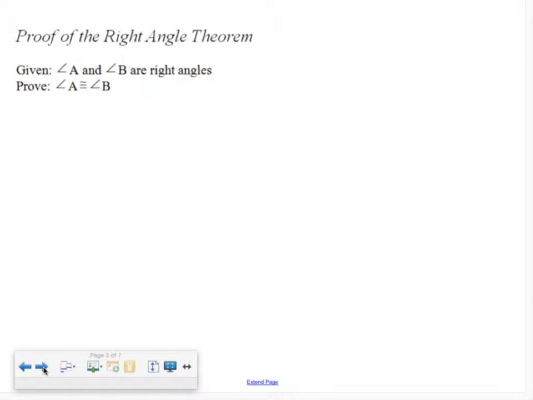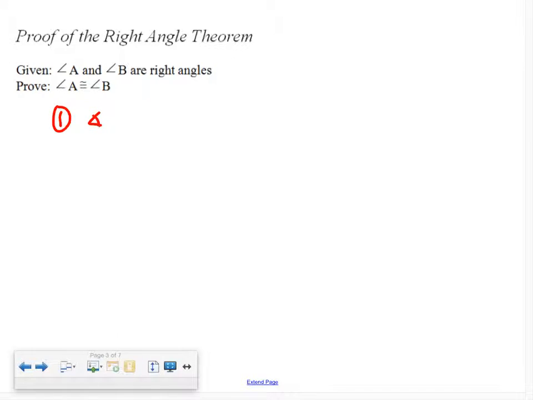All right, let's do the proof of the right angle theorem. I'll give the statements first, and then you're going to probably want to pause it after that, and then see if you can come up with your own reasons. Okay, so